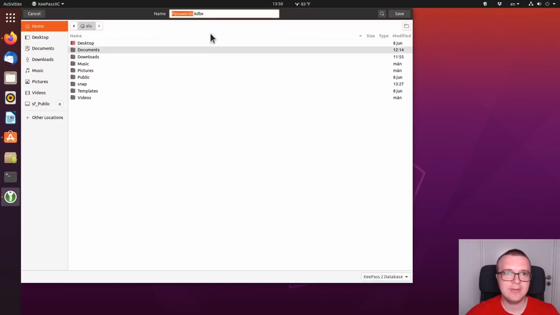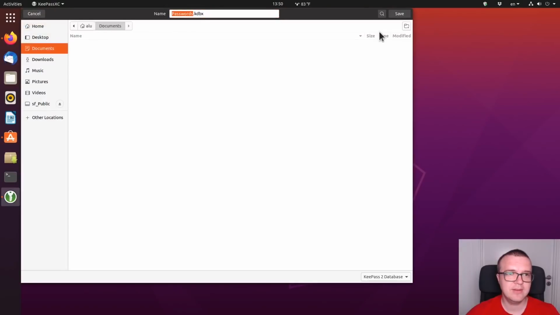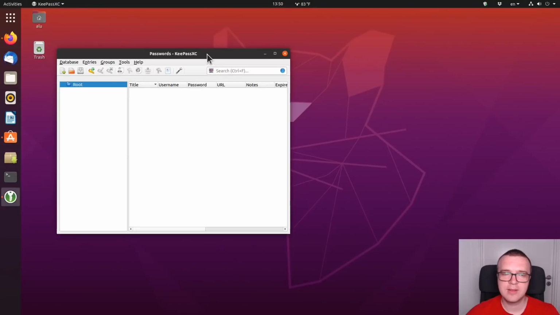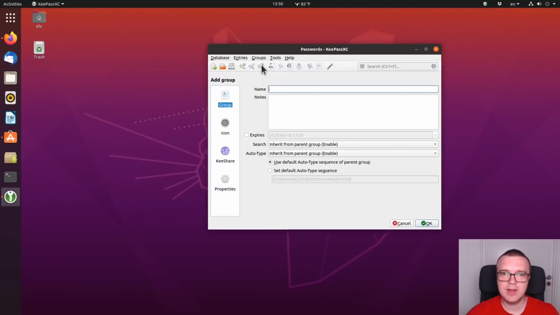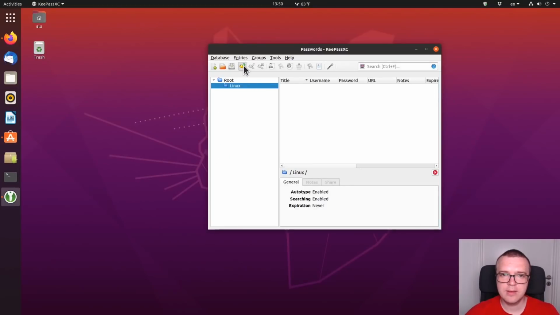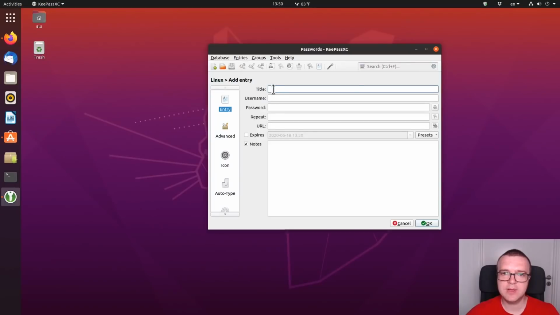So after you have created the database, you choose where to save it. You can save it in your documents. And in this application you can create many different passwords and you can store them in different categories. For example, you can create different groups. Let's make it Linux. And you can create different password fields here. I will name it test,